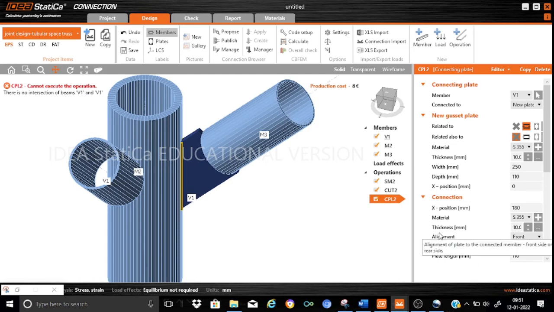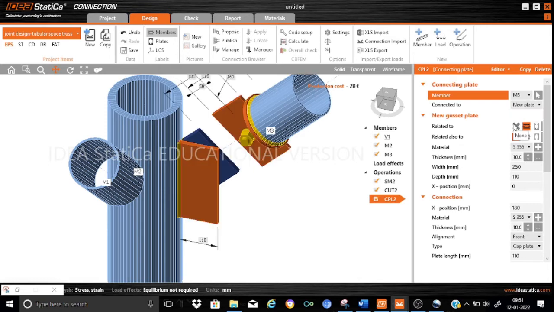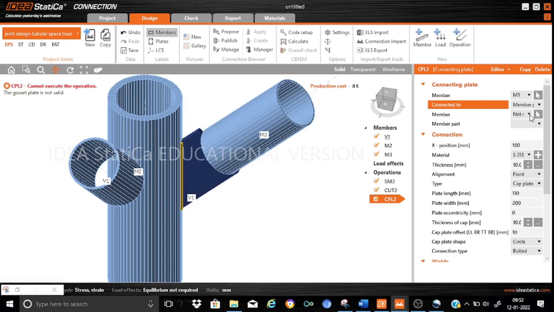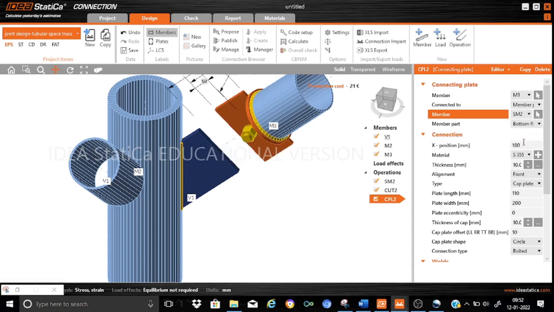So let us start filling the details of connecting plate CPL2. We have a member as M3, so let us keep it as M3. And then it is connected to a member plate. We will call it a member plate, and the corresponding member will be our SM2. Then the bottom flange we will keep, and the exposition we will change to 10 mm.